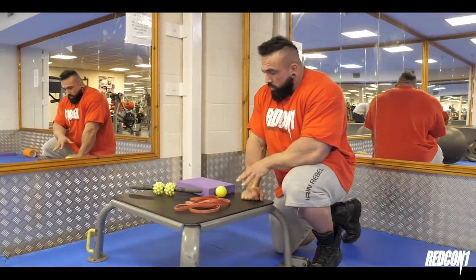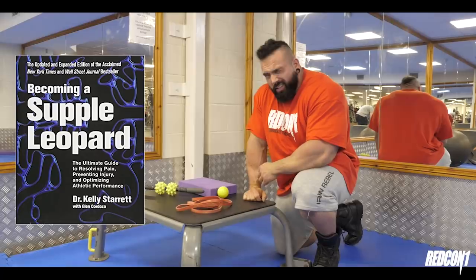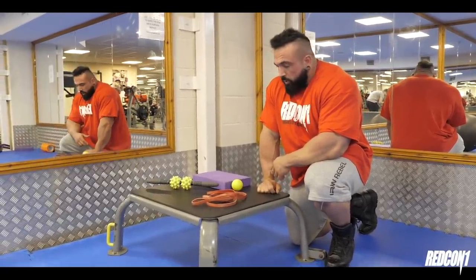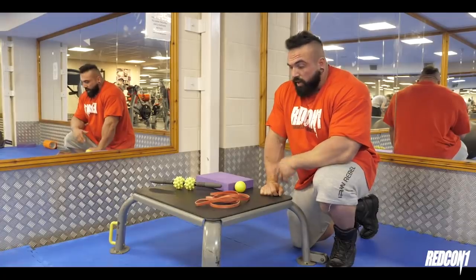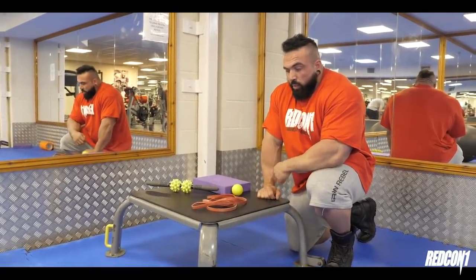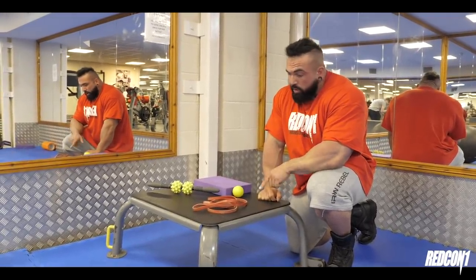The reason I got these tools is because a lot of my mobility work comes from a book called Becoming a Supple Leopard, I believe it's called. You pretty much buy it on Amazon or any decent bookstore. It's a big, thick, massive book that covers mobility and self-myofascial release that you can do yourself. And these are pretty much the only tools it recommends. So if you guys don't want to spend the money on a good therapist, which I completely understand, definitely buy that book,